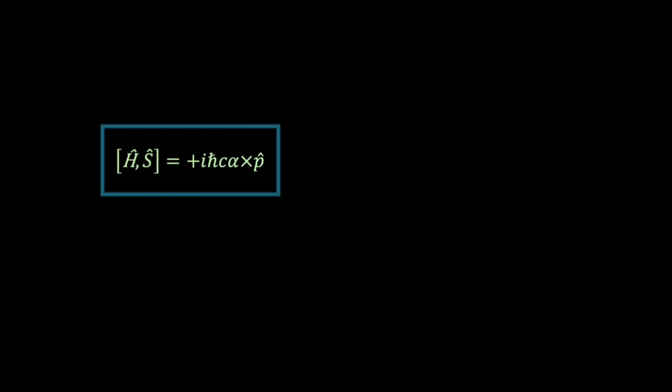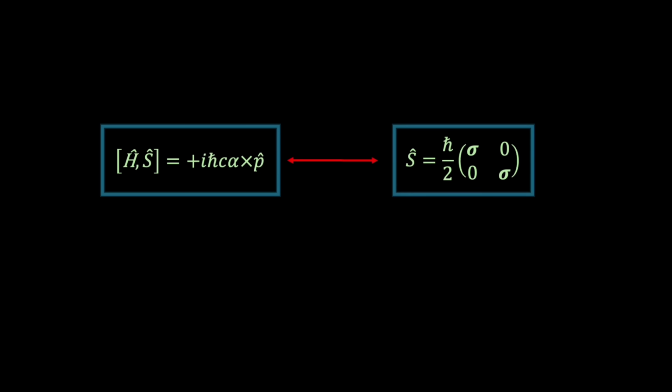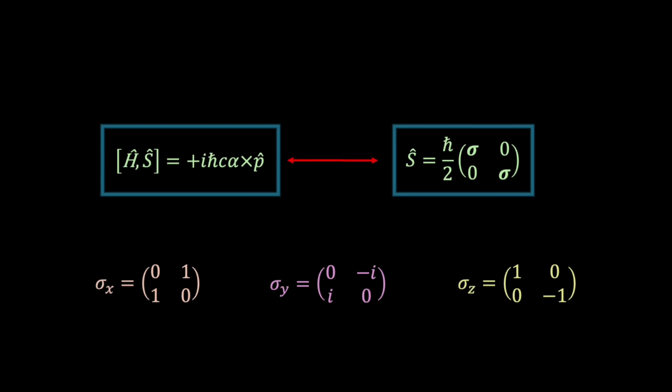Now, it turns out that a suitable matrix operator that satisfies this requirement is given by the following 4x4 matrix, which is defined in terms of the 2x2 Pauli matrices. A couple of lines of matrix algebra combined with the Pauli matrix commutation relations should convince you that this condition is indeed satisfied. Now, because the 4x4 operator S is defined in terms of the Pauli matrices, its components satisfy